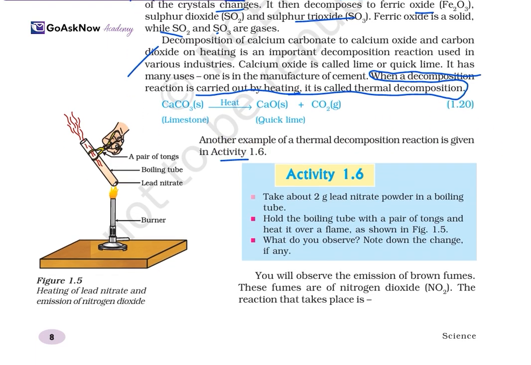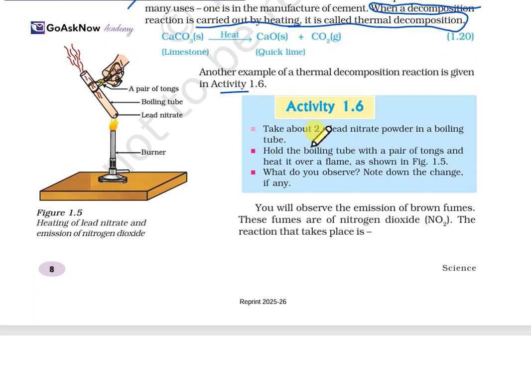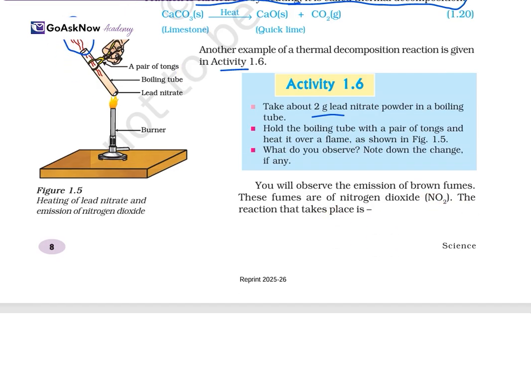So firstly, take about 2 grams of lead nitrate powder in a boiling tube, and hold the boiling tube with a pair of tongs, and heat it over the flame. So what will you observe? Note the changes. You will observe the emission of brown fumes like this. Actually, these fumes are nitrogen dioxide, which is NO2, and the reaction that takes place is